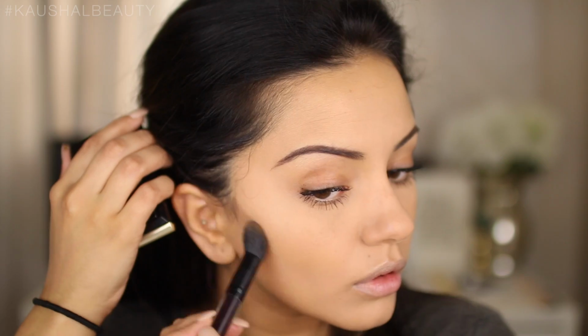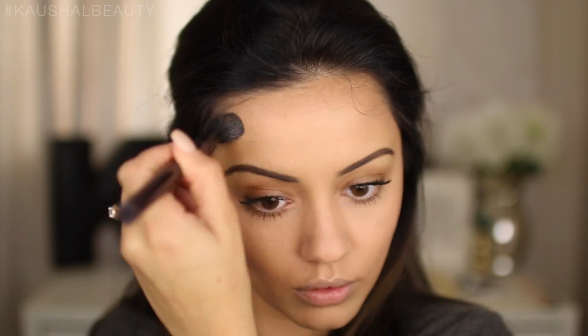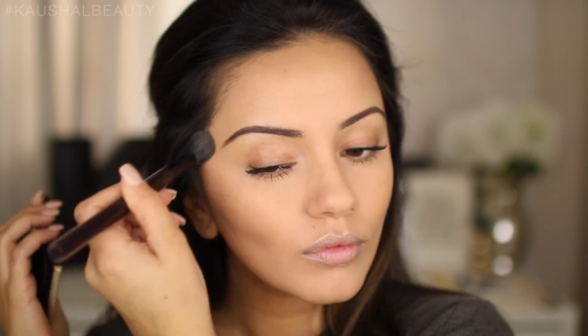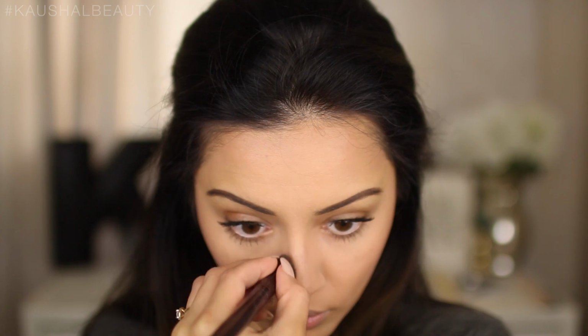Taking my KEVYN AUCOIN medium sculpting powder, I'm going ahead and sculpting my cheeks, contouring them. You guys know the drill. And the brush that I'm actually using is also a KEVYN AUCOIN sculpt brush as well. I really like this. It is quite intense, so you have to use the tiniest amount because it is quite a rounded end of the brush, so you just got to be careful when you use it, but I love it. Just contouring my nose, my forehead obviously, and my lips and jawline as well